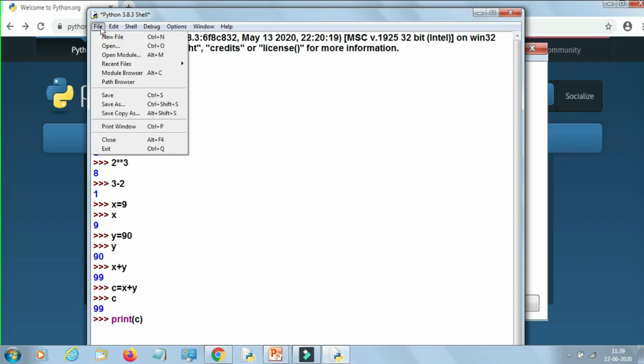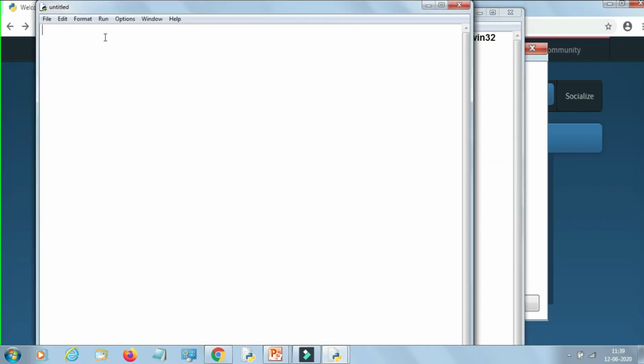It is very simple. Just click on File and New. As you click on New, an editor window like Notepad will appear. Just type your statements. X equal to 90, Y equal to 80. Here the statements will not be directly executed; you are simply writing them. Then I am storing the value of X plus Y in C. For displaying, you have to use print here. In script mode, you have to write a proper statement like this one. This is a message on the screen, and after that message, the value of C will be displayed. Clear? These 4 statements make up your program.